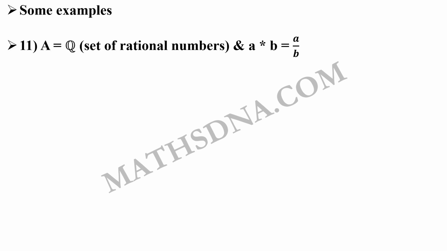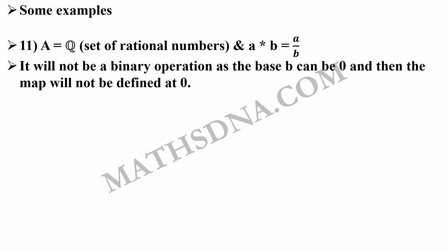Now two more examples to understand it completely. 11th, A equals to Q, the set of rational numbers, and A star B equals to A by B. Comment your answer below whether this will be a binary operation or not. Let us show you how it will be and it will not be. First of all, it will not be a binary operation as the base can be 0, and if the base is 0, the term is not defined,